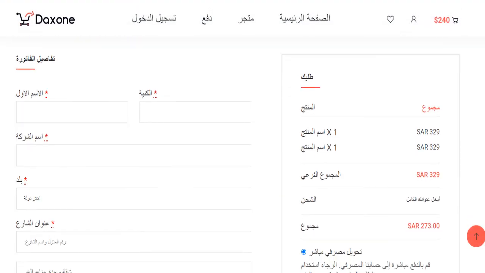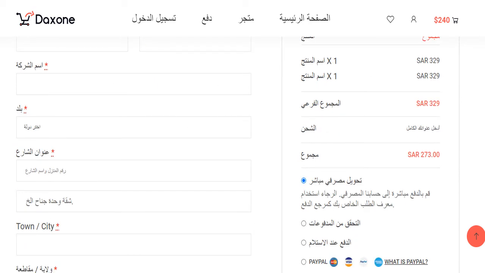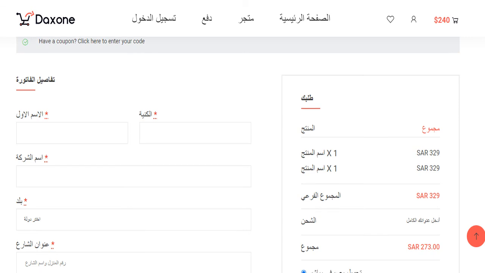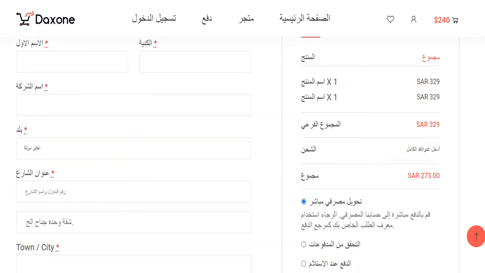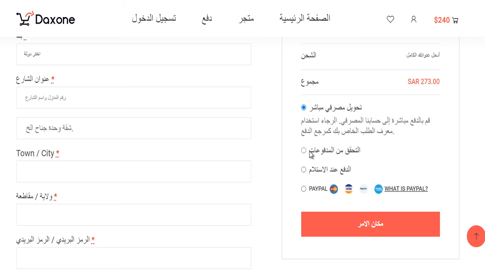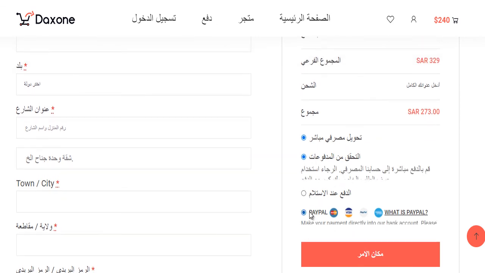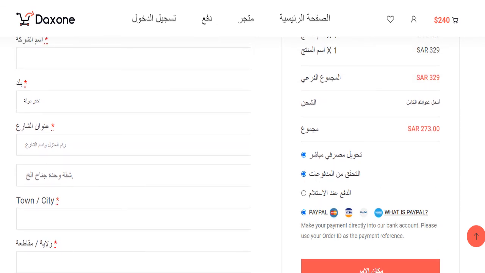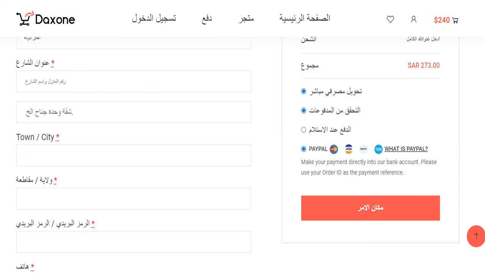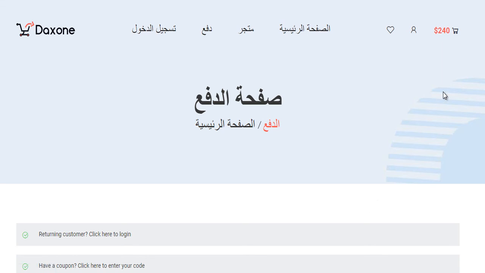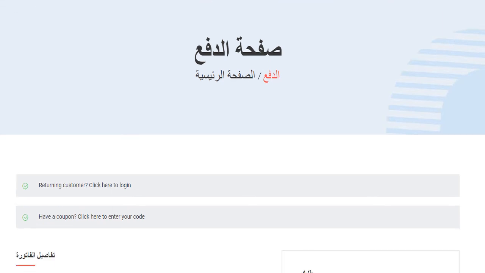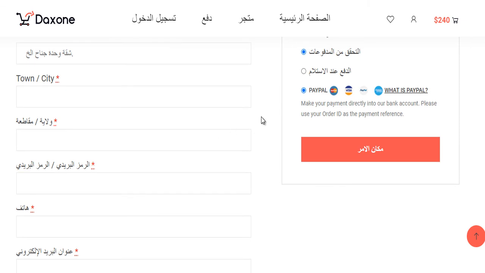This is the payment page. So on the payment page, the person has to add all his details, which will go to the database, and all his receipts will come here. Okay, so he can select either cash on delivery or online payment. For the online payment, we will provide you an API which is named Tap API. Okay, so you have to integrate it with this front page, and once he is done, then he can go for the payment, and his payment will be done online, and all the details will be sent to the admin.